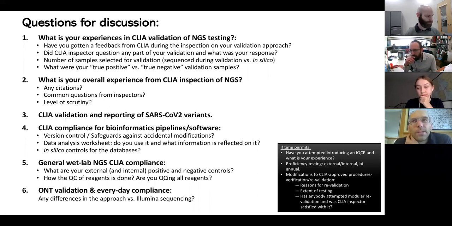Right, so the way we design most of our validations is we break it into two parts. We do a large in silico validation to make sure that portion works. And then we also take it from the very beginning, whether it's an isolate, and take it through the entire process. It's foolish to try to validate just one variant because there are millions and millions of combinations.